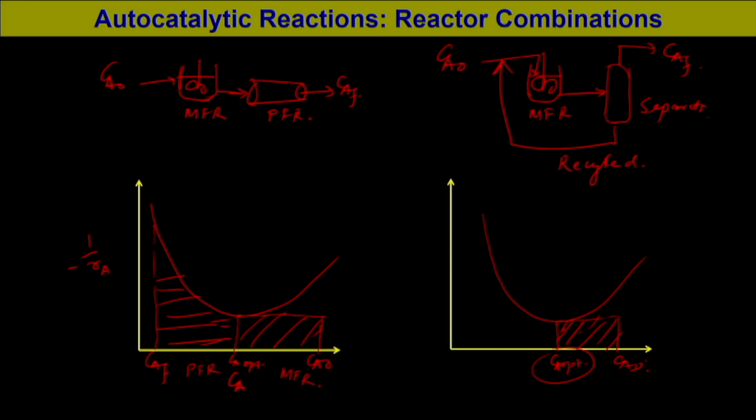So, looking into the rate concentration curve and the options available in hand, whether we can separate the product and then recycle back, or process it without recycle, depending on that we can decide which option to choose, or which would be the more desired or optimum design. So, thank you very much for attending this lecture, and we will continue our discussion on the reactor design part in the next lecture.